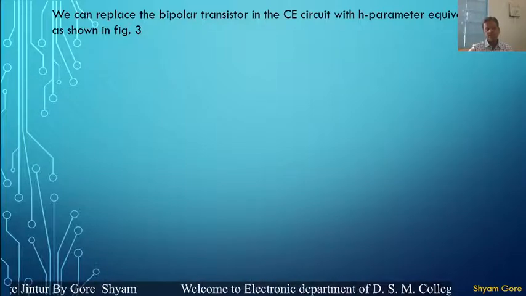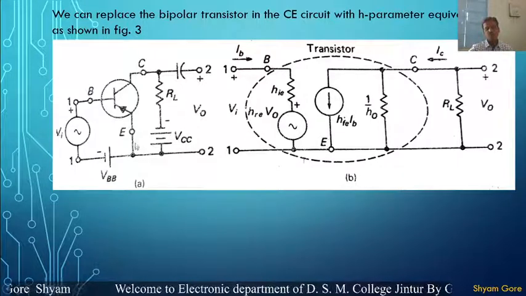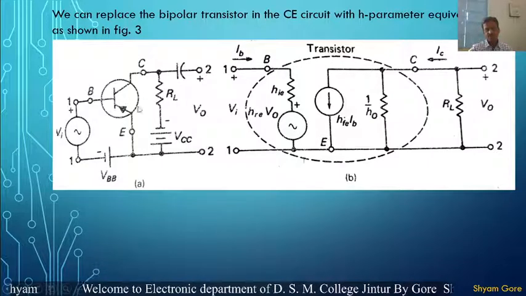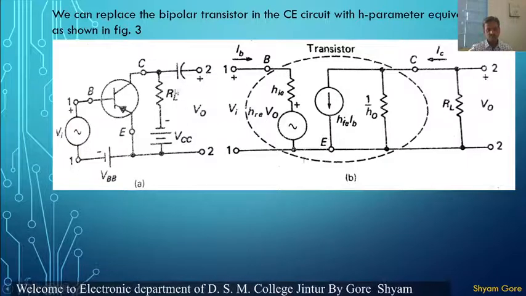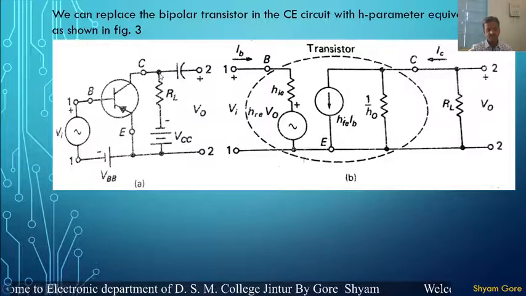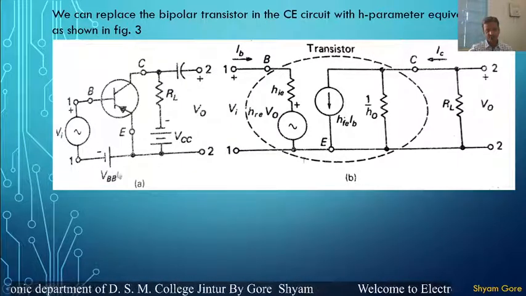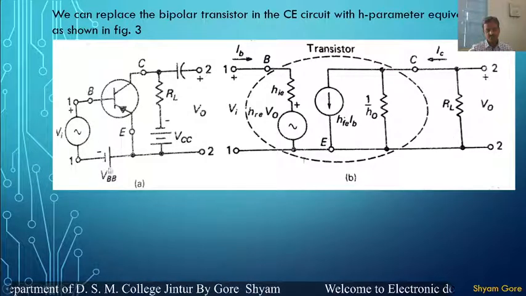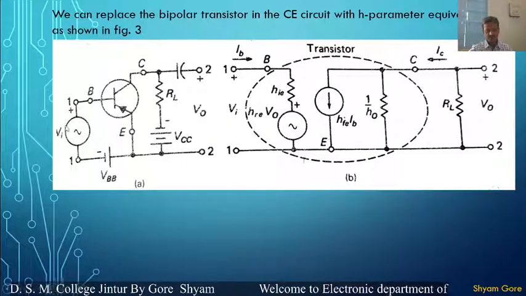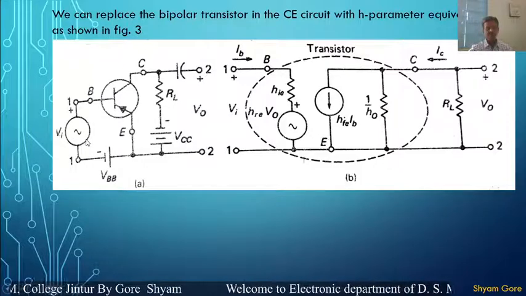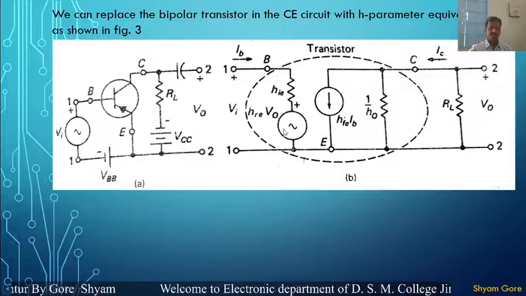and that is shown in the figure 3. Here this is the common emitter transistor configuration, or this is the circuit for the common emitter. This is the input signal, this is the output voltage, and one load resistance is connected between the output terminals, between collector and emitter, and this is the input source, input battery voltage, that is the VBB. This is the output voltage, that is the VCC, and the input signal is Vi. And therefore, this circuit is converted or replaced by the H parameter equivalent circuit.